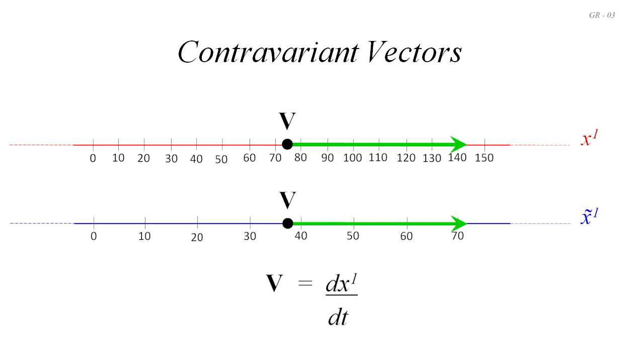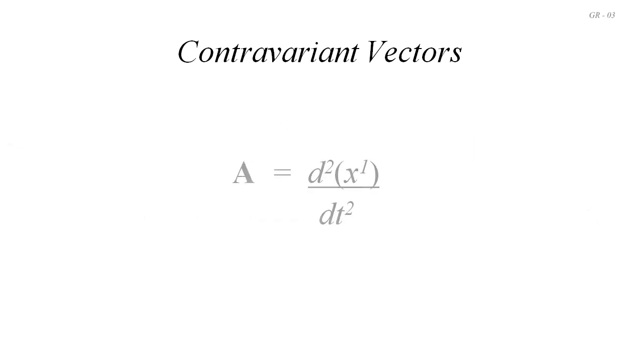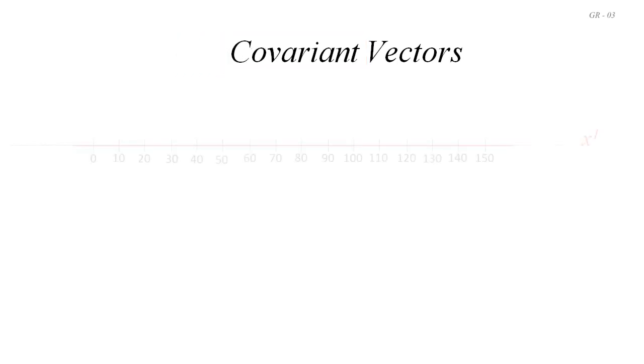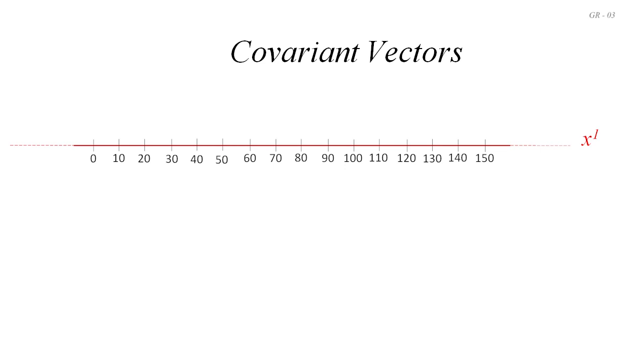Any kind of vector which is produced by having x or x1 on the top of its formula will be a contravariant vector. Another example would be acceleration, a. Okay, so now let's consider the other type of vector that we can have, which is called a covariant vector. We'll start with our one-dimensional frame of reference again for distance x1, and this time I'll put exactly the same equally spaced distance markers on it straight away, those for the red frame of reference, the one before we considered